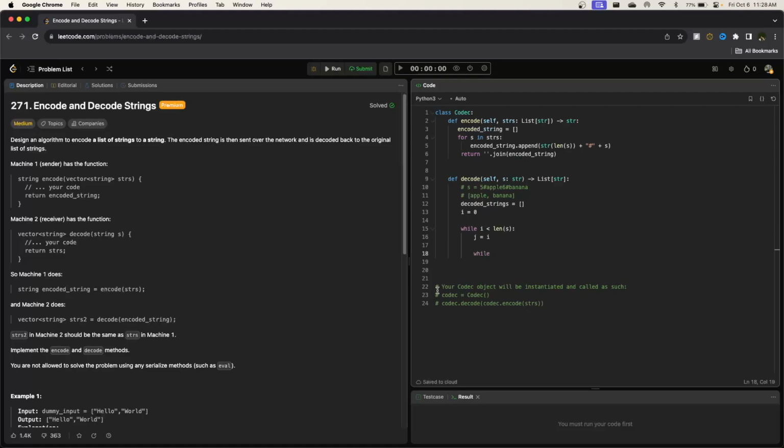And how are we going to find this pound sign? So inside of the string S, we're at J. While J is not the pound sign, so we're looking for the pound sign, right? We want to add 1 to J, plus equals 1. So we keep going, and once we get to the pound sign, we stop this loop,